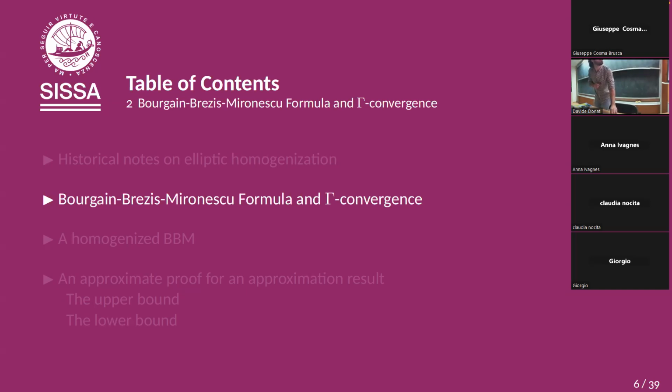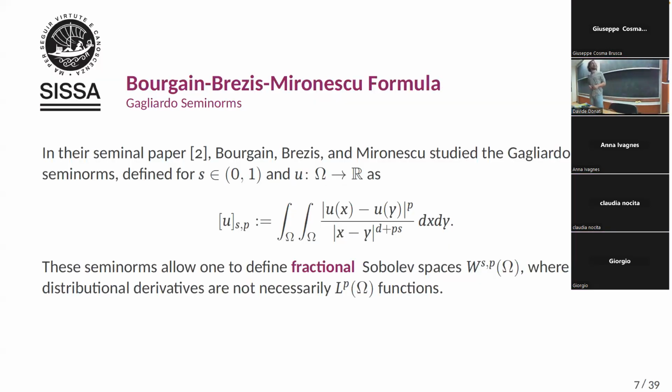The second result is now a well-studied result by Bourgain, Brezis and Mironescu, which was done in 2001. In this paper, what they tried to do was give an equivalent definition of Sobolev spaces without ever talking about distributional derivatives. So they wanted to give a definition of Sobolev space, W1P, let's say, only by looking at difference quotients in